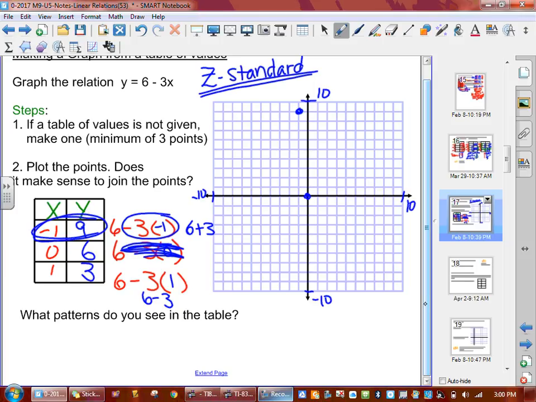Well, what do you notice, guys? Watch carefully. Look at my pattern. Go 1 right, how many down? 3 down. 1 right, 3 down. 1 right, 3 down. Now we're at 0. Now, did the question give us a problem-solving situation where we don't know if we can join the dots? No, it didn't tell us if we're discrete or continuous data. So if it doesn't tell us, we always join the line. So we join the points and we create our line. Now remember, it's continuous in both directions, so please put an arrow on both ends,